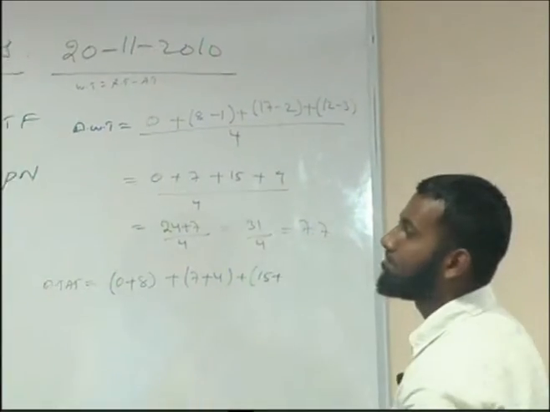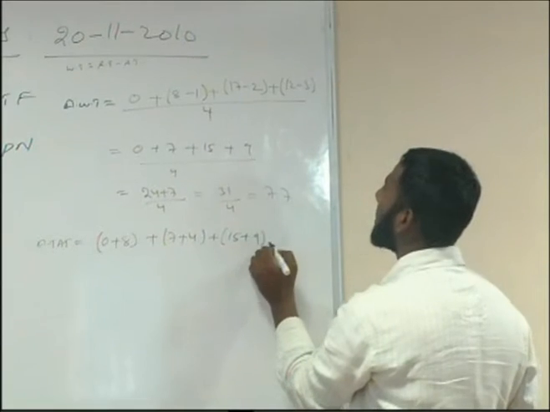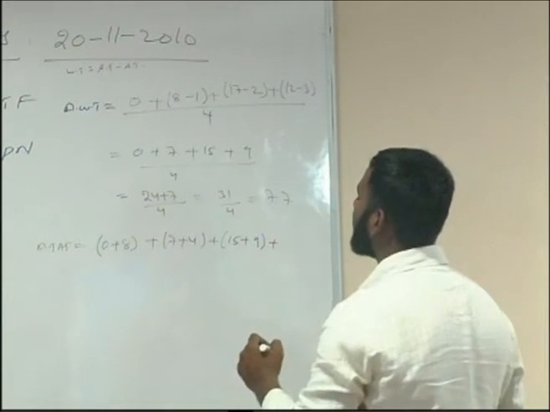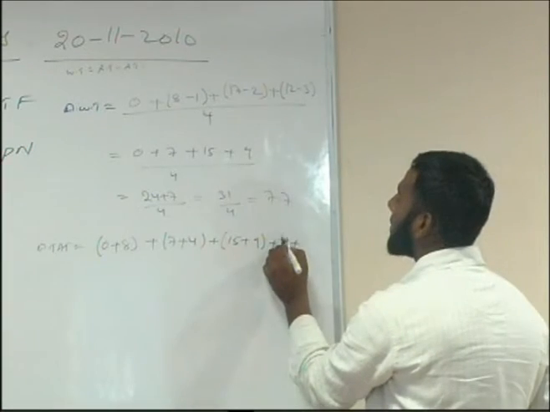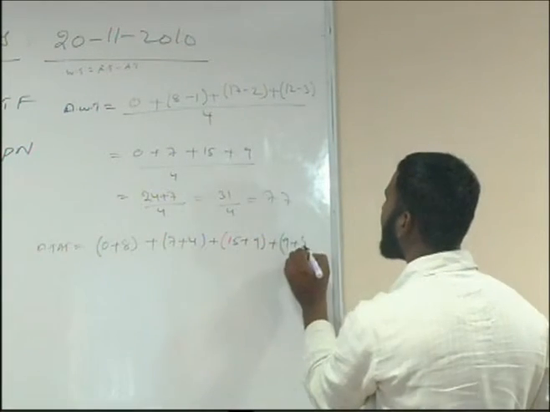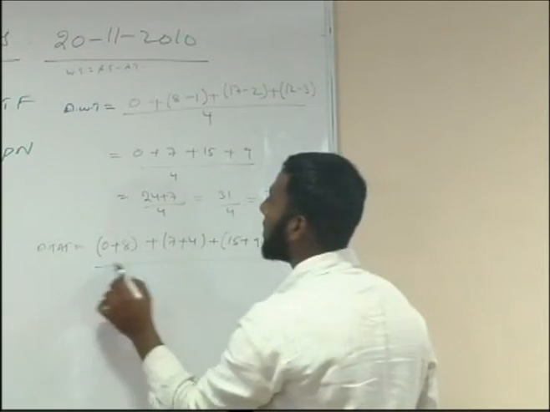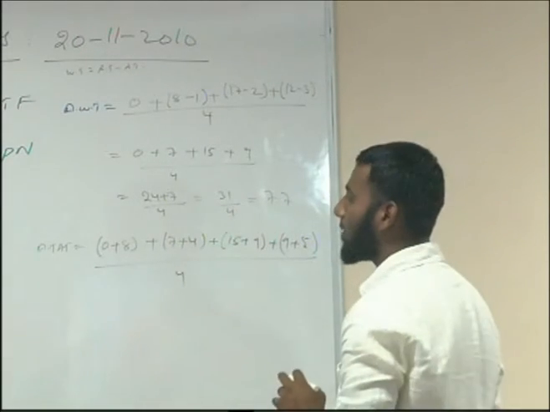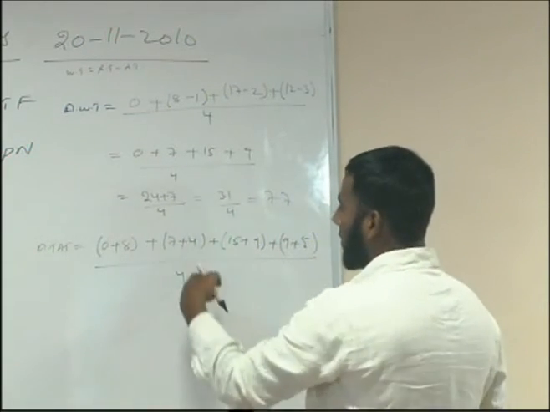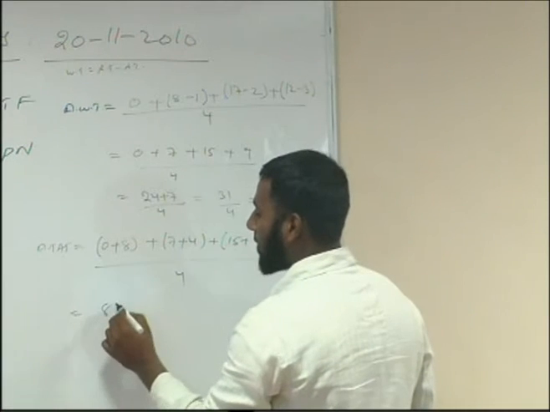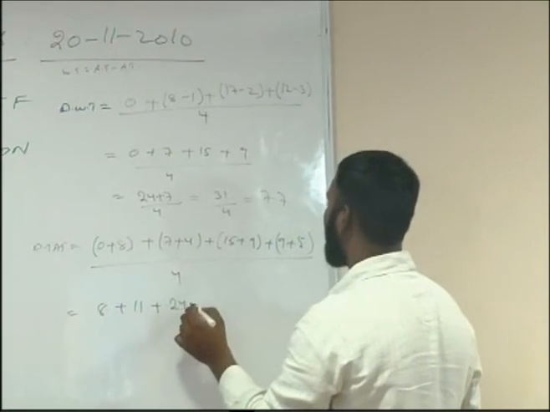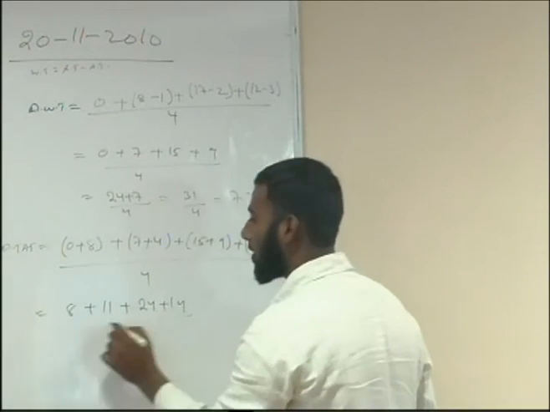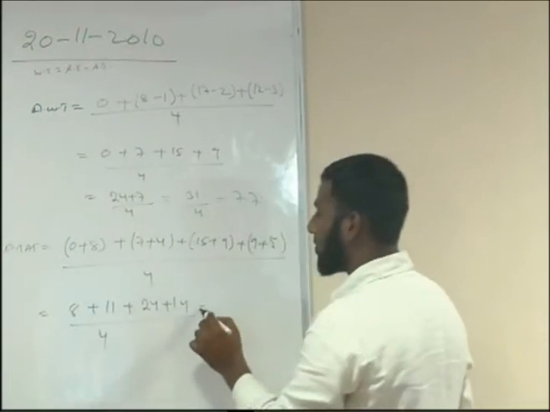Plus process P3, burst time is 9 plus 9 plus 5, which is for process P4, then again divided by 4, this will give us average turnaround time. So simplify, 8 plus 11 plus 24 plus 14 by 4, so it gives